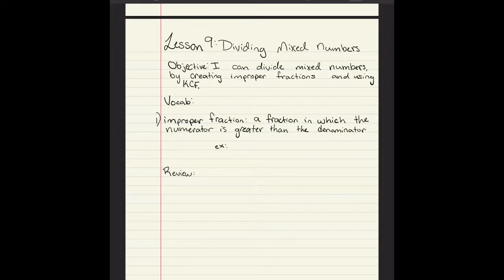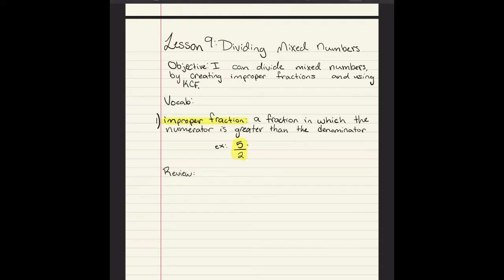It's review because we've used improper fractions before. We haven't done the definition for it though. So an improper fraction is a fraction in which the numerator is greater than the denominator. So for example, 5/2 is an improper fraction